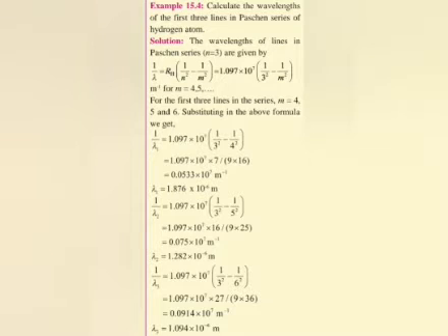After that we can take the next, that is the third line. For the third line we are taking the number 6 in the place of m. After calculation we are getting the third wavelength in the Paschen series, that is lambda 3 is 1.094 into 10 to the power of minus 6 meter. In this way, students, inside of any series we can find out the wavelength with the help of this common formula, that is the Rydberg formula.